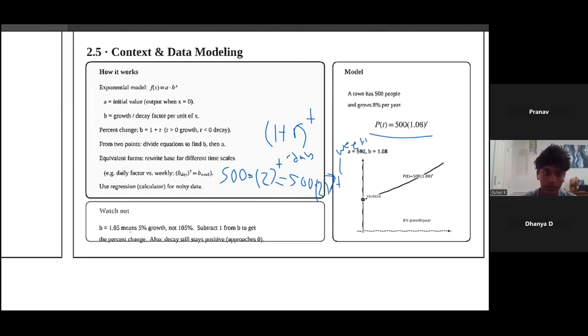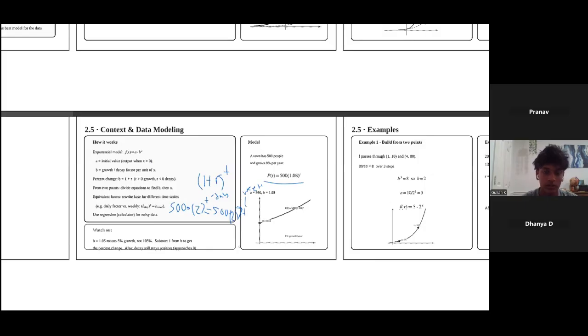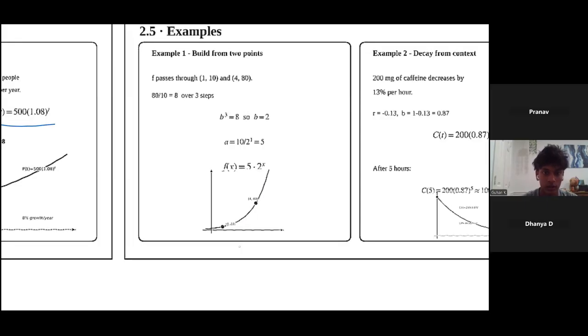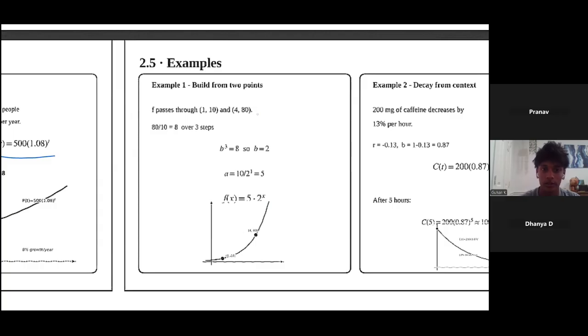Okay, here's some examples. We get 2 points, 1 comma 10, and 4 comma 80. So we're finding the ratio to find our function, right? 4 minus 1, so this is 3 steps because it's 4 comma 80 and 1 comma 10. 4 and 1, right? You guys see what I mean? So b cubed